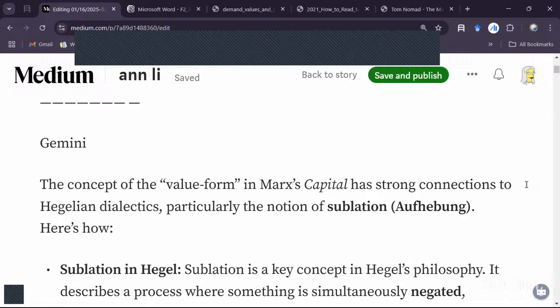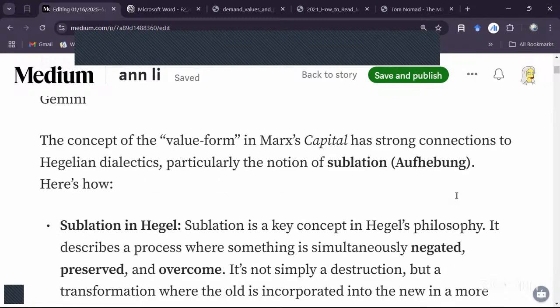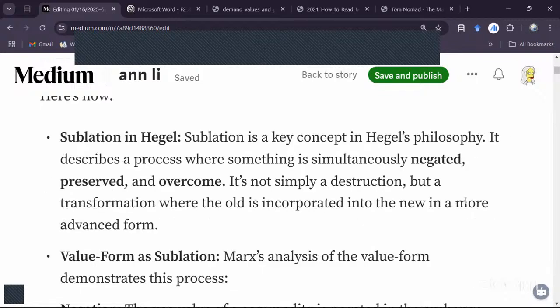The concept of the value form in Marx's Capital has strong connections to Hegelian dialectics, particularly the notion of sublation or Aufhebung. Here's how. Sublation in Hegel. Sublation is a key concept in Hegel's philosophy. It describes a process where something is simultaneously negated, preserved, and overcome. It's not simply a destruction, but a transformation, where the old is incorporated into the new in a more advanced